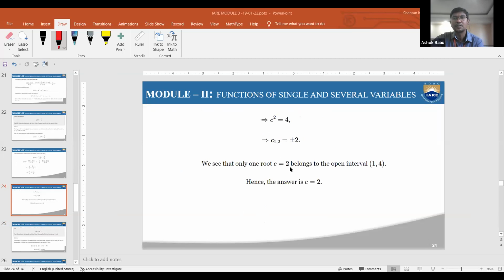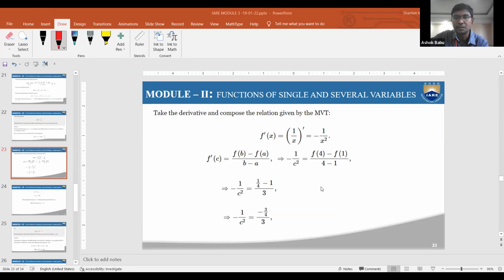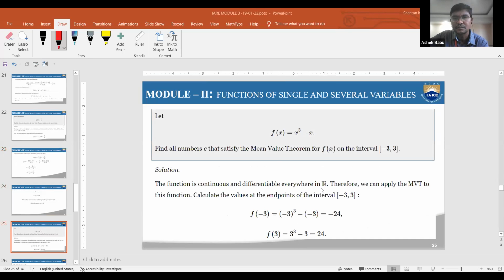Yeah, c is equal to plus or minus 2, but the negative value is not applicable because the given interval is 1 to 4 only. Therefore, c is equal to that value. And check it. It is a simple problem. Once we understand the method of a problem, it comes out easily. Now